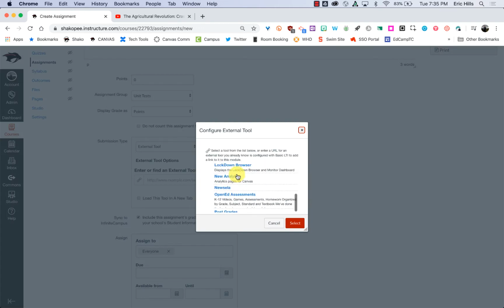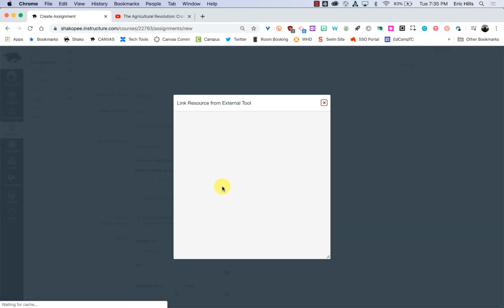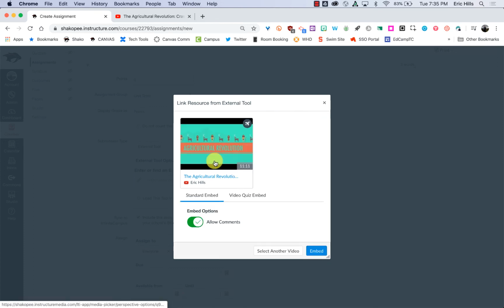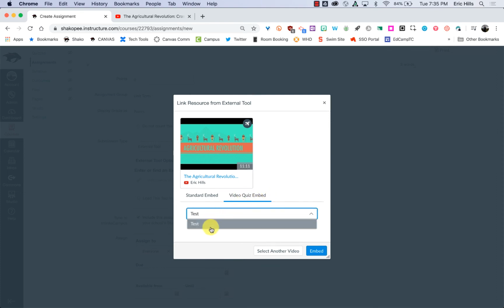I'm going to scroll down to where it says Studio. And then I'm going to find my quiz. So I'm going to select this quiz. And instead of a standard embed, which just basically inserts it into that rich content editor, if I want to actually get my grades in the grade book, I have to click on Video Quiz Embed. And then I choose what the name of that quiz is. In this case, I named my quiz Test. From there, I simply click Embed,